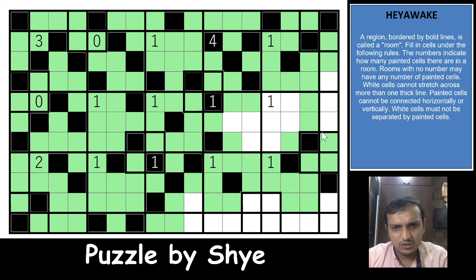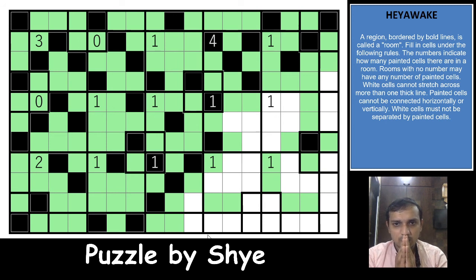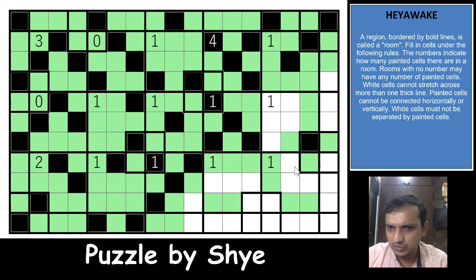No, I don't see anything here contradicting the rule. So maybe we are not seeing the perfect logic here that we need to see. One of these three cells, one of these two cells, right? So can both of these be shaded? Possible, right? That is possible, but